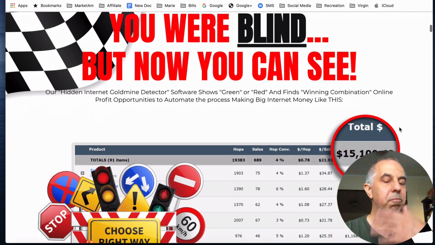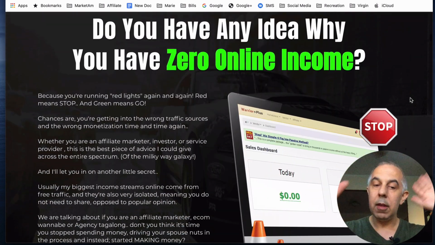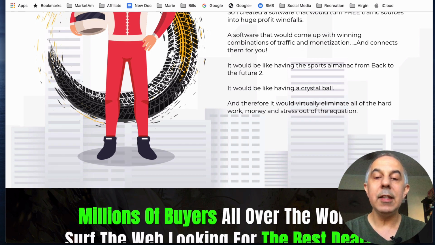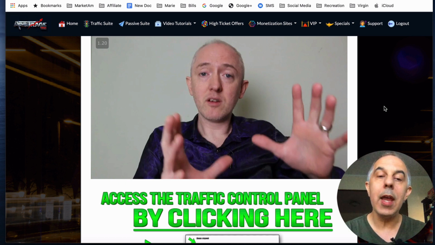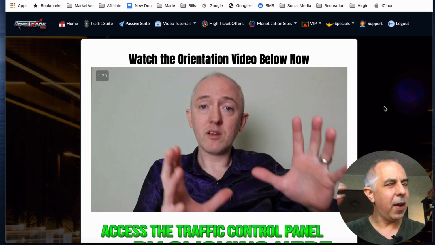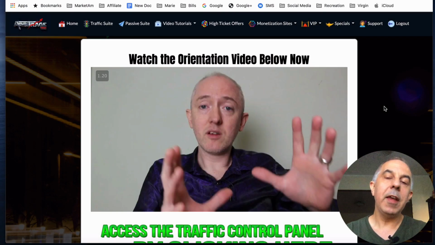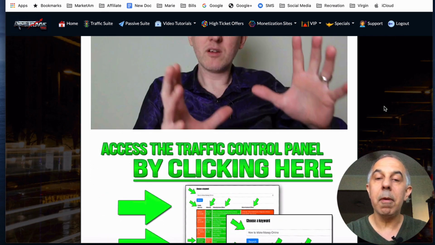So anyways, the sales page is typical, it shows profits and says this is all great, but what I believe is really important is what is inside the software. How do you use it? Will it work for me? Can I learn how to use it? Is there good training that tells me what to do step by step, and if I don't understand, can I go backwards and get it all over again? I like things that are not super simple, because then it's just like, well, duh. I like things that are fresh, and this green light go type of thing looks fresh to me.